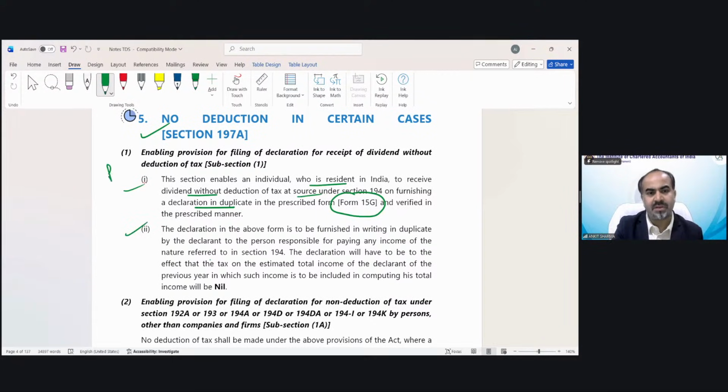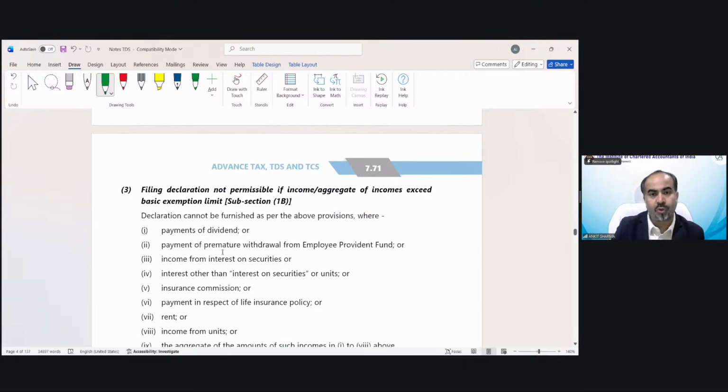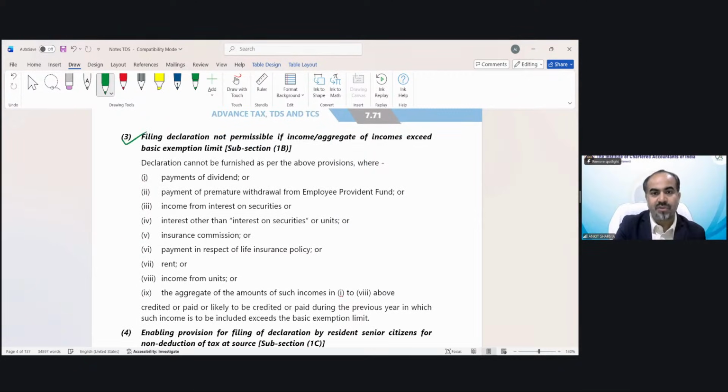Again, for reading purpose, you have to prove that your estimated total income is not going to exceed the basic exemption limit and the tax liability would be nil. Again, same case, you can go through it. Same provision: declaration not permissible if the aggregate of income exceeds the basic exemption limit. In normal cases, if after including this income your income is exceeding the basic exemption limit,